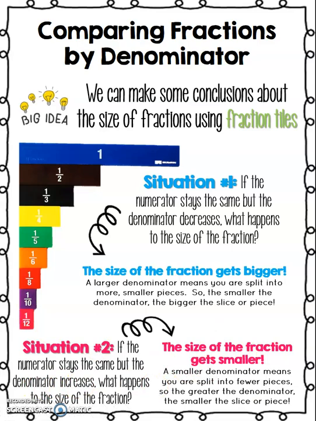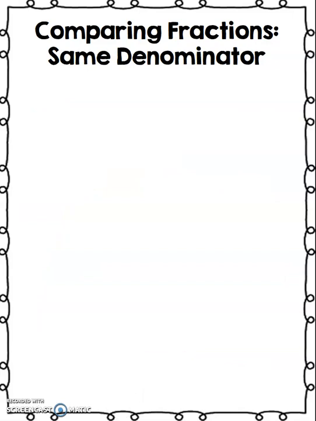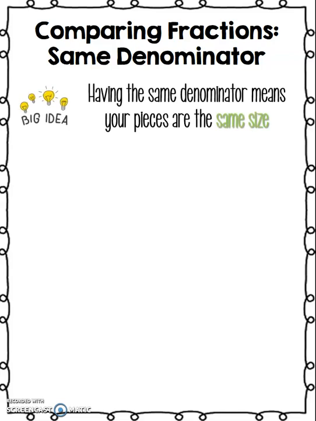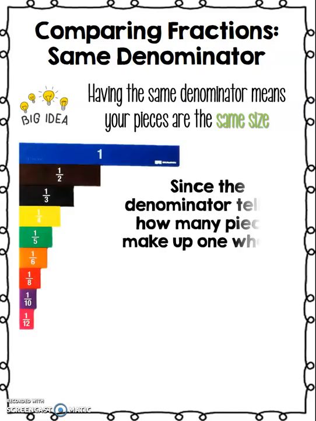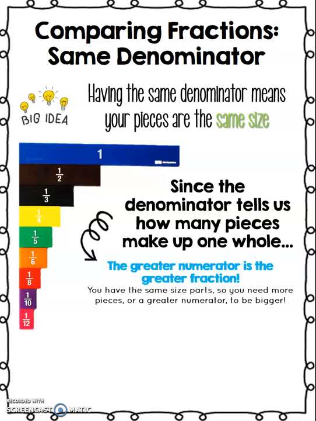We can use this idea to help us as we're comparing some other fractions. Let's take a look at what happens when we have fractions with the same denominator. Remember, having the same denominator means that all of our pieces are the exact same size, because the denominator tells us how many pieces it takes to make up one whole. I'll put those fraction tiles out again to help me. Since the denominator tells us how many pieces make up one whole, the greater numerator must be the greater fraction. Since we have the same size parts,